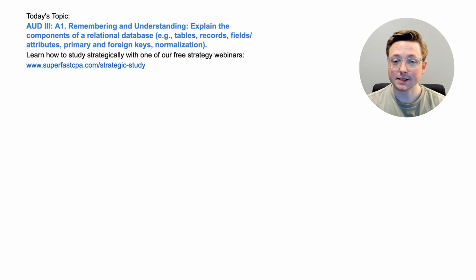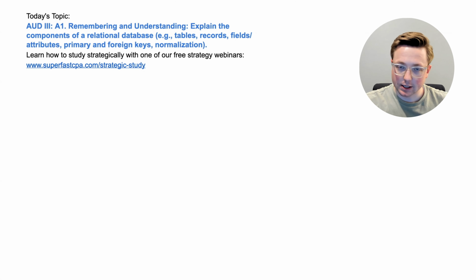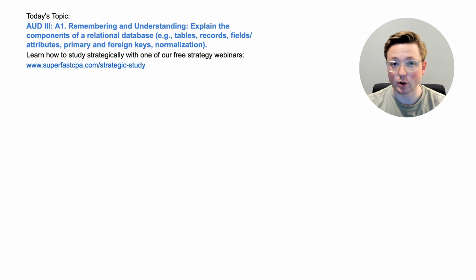I'm Logan, and in today's video, we're going to be in Audit Area 3. This is our first video for Audit Area 3. This is Section A1. This is a remembering and understanding topic. Explain the components of a relational database, and that would be things like tables, records, fields/attributes, primary and foreign keys, and normalization. And we're going to be doing that the SuperfastCPA way, which is diving straight into the questions to